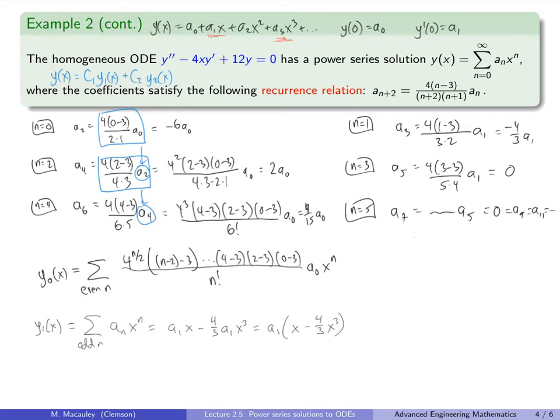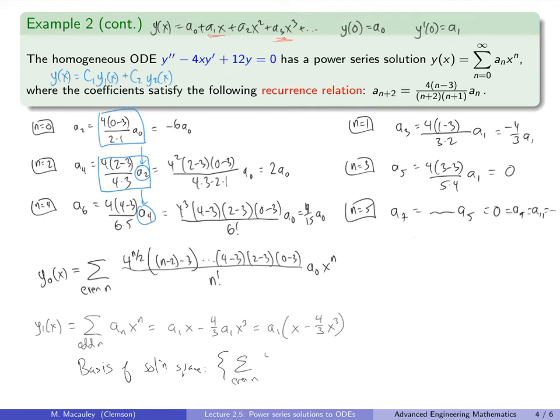So let me call this, well, look back to c1 y1 plus c2 y2. Think of y1 as analogous to what I get if I pull this a naught out of here, call that c naught, and what I'm left with is y1. Here, y2 is just a polynomial. This is no longer an infinite series, but we have a basis of solutions. So let me write this down. A basis of the solution space is